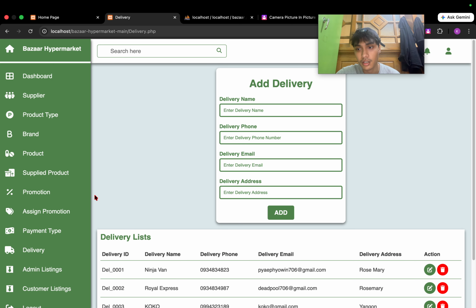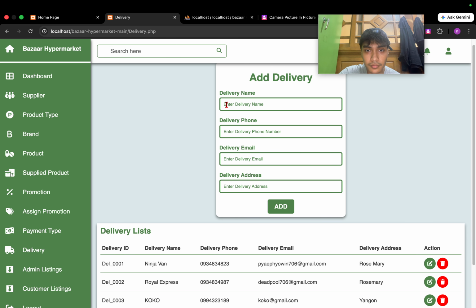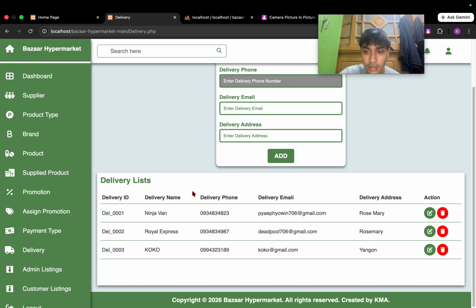In this section, the admin can add a new delivery, update an existing delivery, and edit a delivery. For example, the admin can upload a delivery form. This allows the system to keep delivery information up to date.